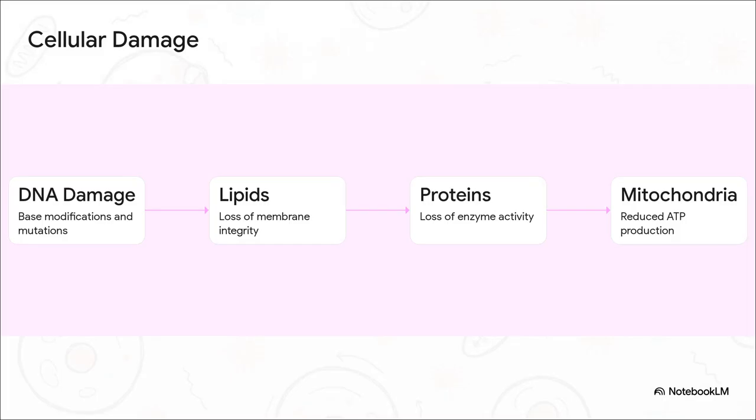This cascade of damage unfolds step by step, almost like a biological demolition. First, the excess ROS attack your DNA, causing strand breaks and actual mutations. Second is lipid peroxidation. They go after your cell membranes, reducing cell function and creating a very specific byproduct called malondialdehyde, or MDA. Third, protein oxidation forces proteins to unfold and lose their enzyme activity. And finally, mitochondrial damage. This reduces your cellular energy, your ATP, and ironically triggers even more ROS generation. It is literally a cascade of destruction.